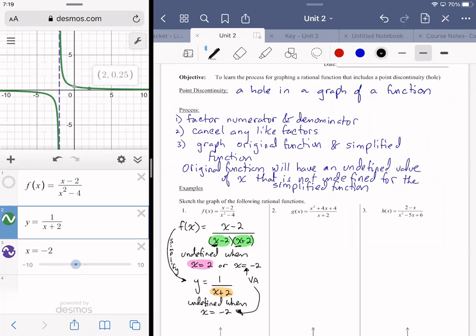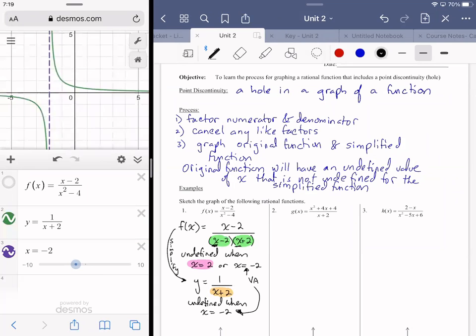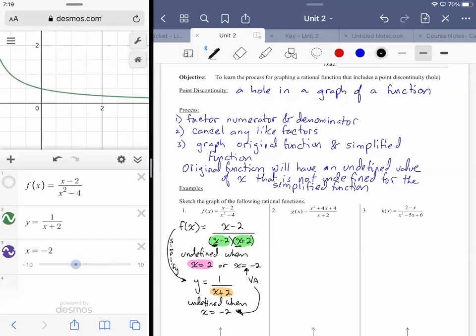There's no hole there anymore. We were able to remove the hole by simplifying the function. But it's the original function that we care about. All right, so if we look very closely and carefully at 2,